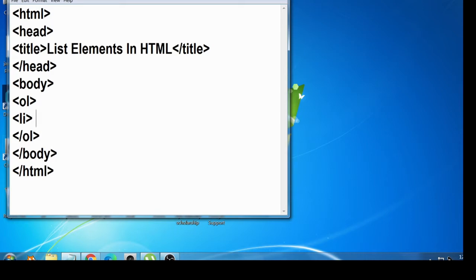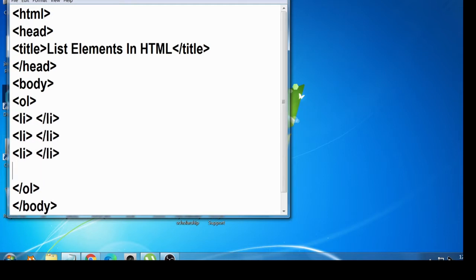Within the OL tag there is LI tag. LI stands for list item. You can apply multiple list items in a single OL tag. Write down the item name, that is I enter the subject name, that is English.